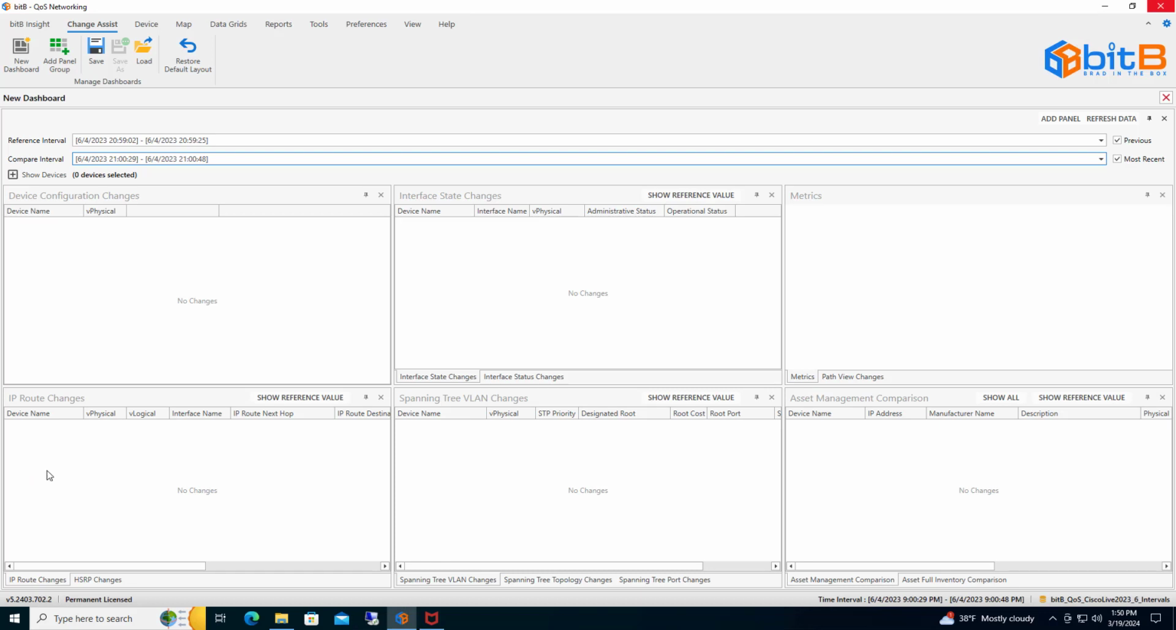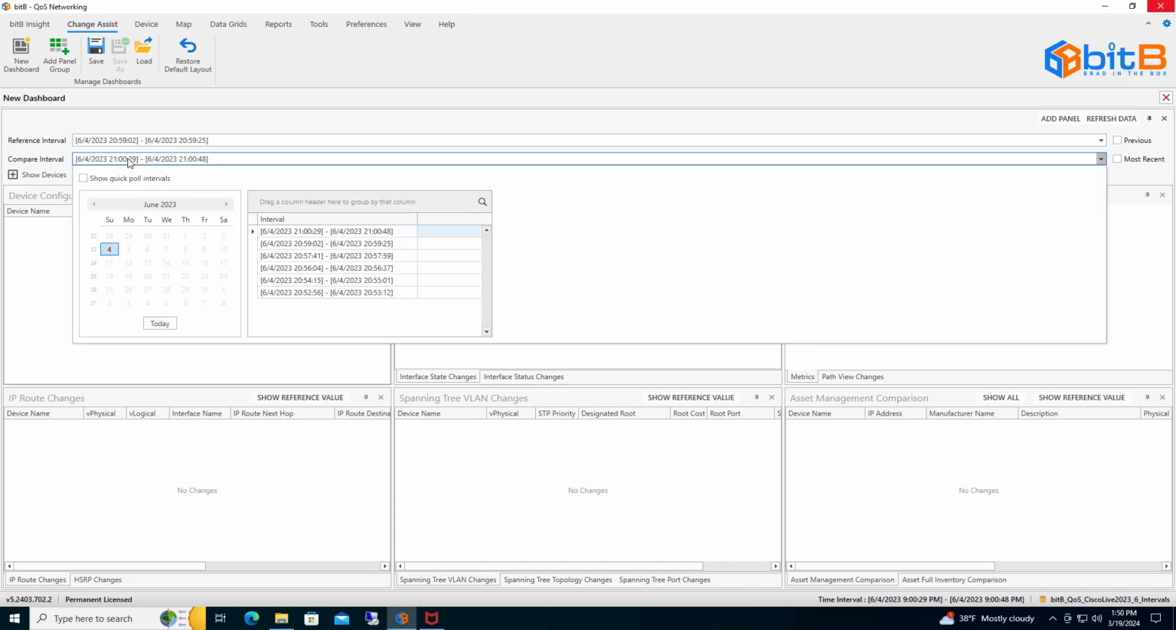Okay, so the first thing I want to do here, I have a new dashboard. You can load an existing dashboard and change it, but just for the ease of use here, I clicked on New Dashboard, create a new dashboard, and I'm also going to change my times from previous and most recent and select my times manually because I know I made a change. This is my reference, so this is when no change was made at 8:59 on the 4th, and I made a change between that time interval and let's see here,